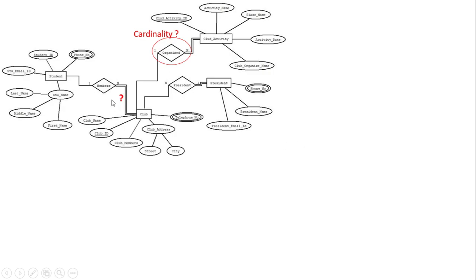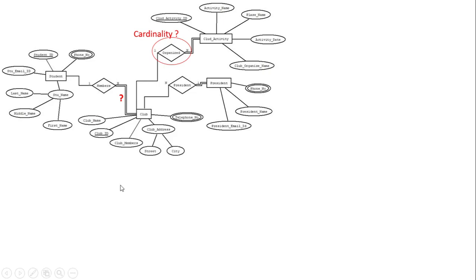Okay, now regarding this participation, participation of club entity set into the member relationship, it is shown that it is total participation. So why there is a need to have a total participation? It may happen sometimes that the club has started but there is no member as such.